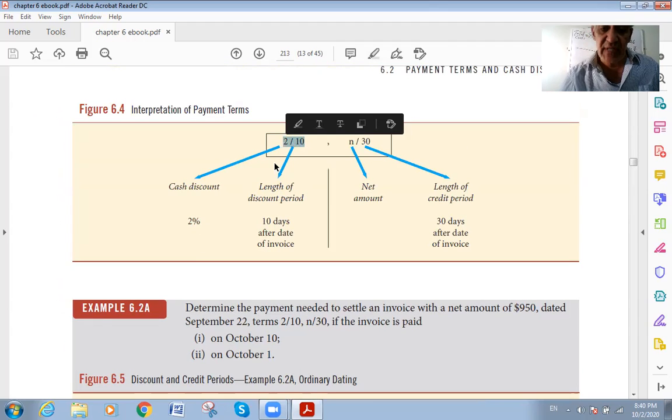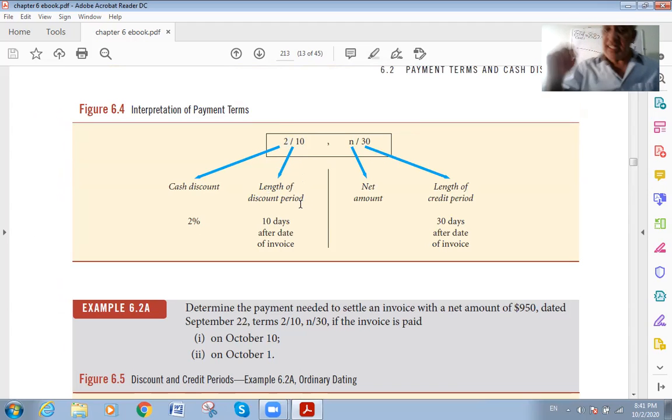This condition means he would take an extra discount of 2% if he paid within 10 days. That's fine. If the invoice says he paid within the 10 days,